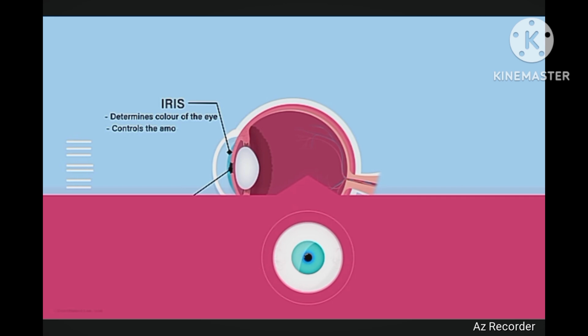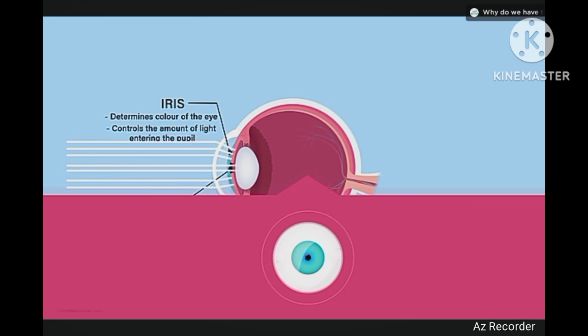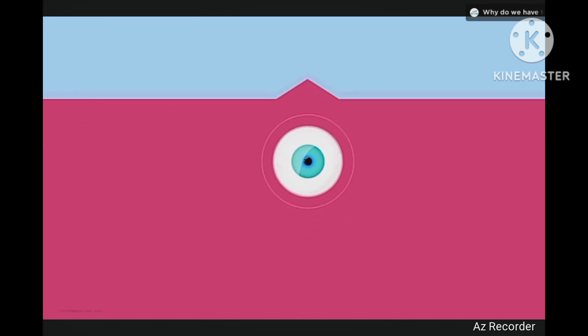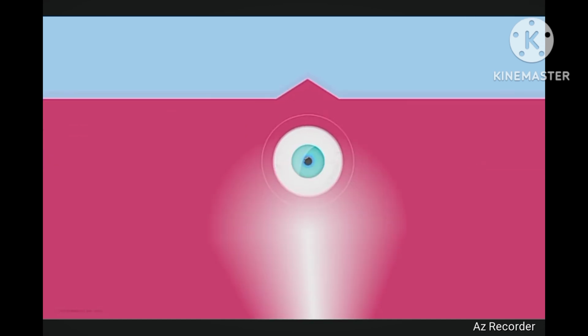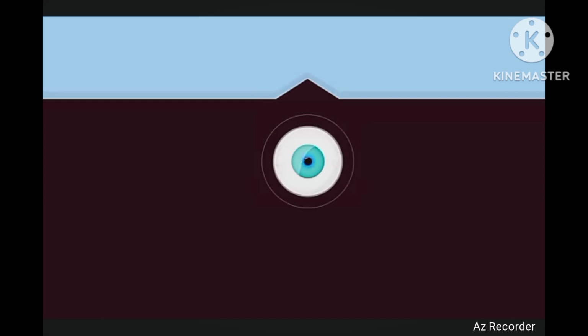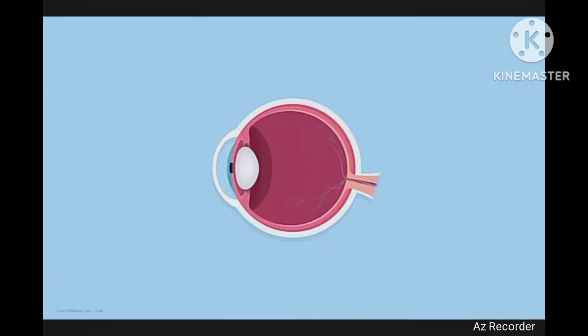The iris actually acts like the shutter of a camera. It controls the amount of light entering the eye by enlarging or shrinking and thereby adjusting the size of the pupil. For example, when you focus the light from a torch directly into a person's eye, the iris shrinks. This is because the intensity of the light is too much for the eyes to bear. The shrinking iris stops the unwanted light from entering through the pupil. And when it's dark or when there is less light, to allow more light to enter through the pupil, the iris enlarges.